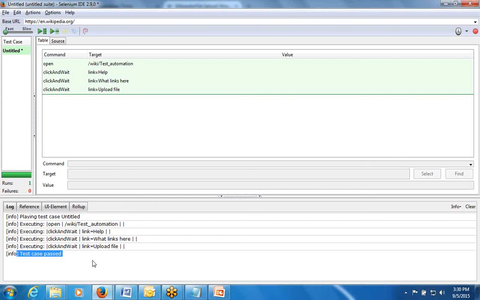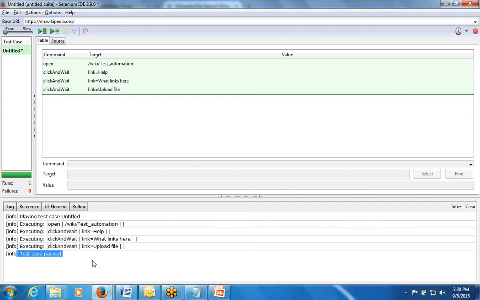If you click the source, as I said, by default it is HTML code. This is where the code is generated. So all HTML code you see. When you are exporting, this HTML code can be exported into Java, C# or Python or whatever it may be. In this way the code will be generated and exported into other languages.